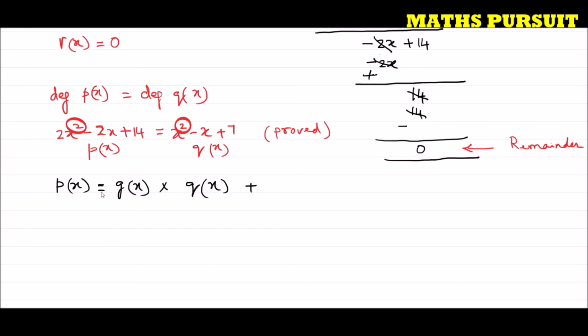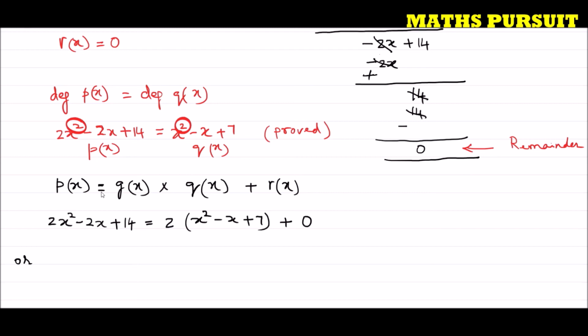Now let us see if the left hand side of this equation is going to be the right hand side of this equation or not, because the question asked us to satisfy the division algorithm. We should consider the polynomials in such a way that it also satisfies the division algorithm. Now what are those polynomials that we have considered? We have considered px as 2x to the power 2 minus 2x plus 14, gx as 2, and qx we got as x to the power 2 minus x plus 7, and the remainder we got 0.